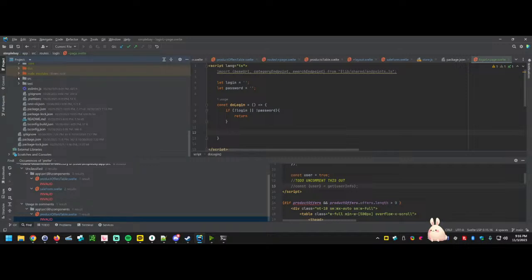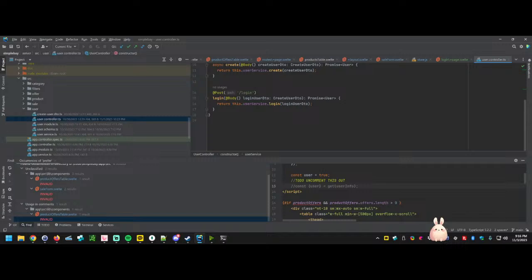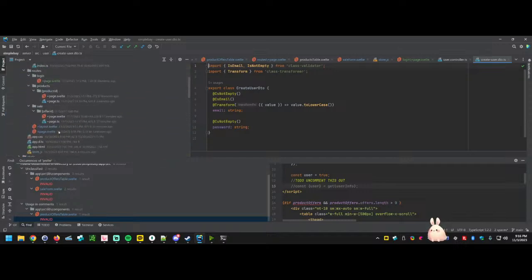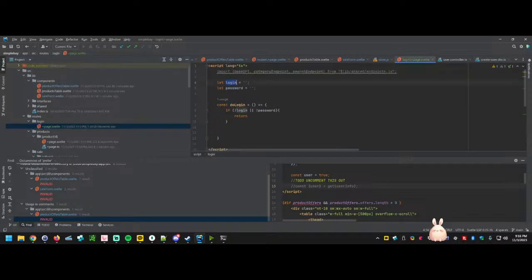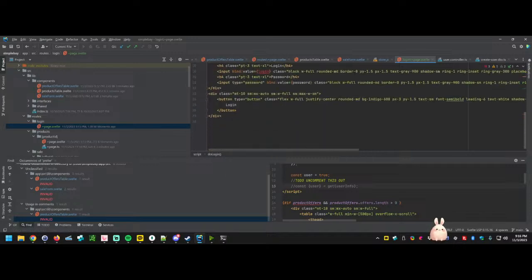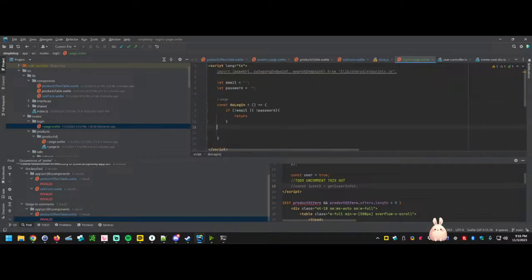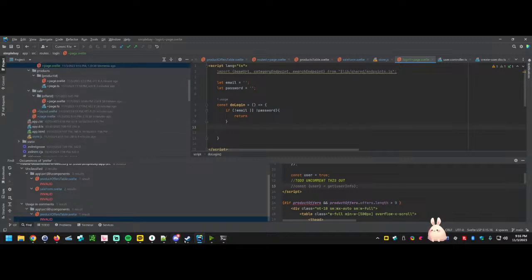expand server, source, user, controller, login, takes a create user DTO, email and password. It's not called login, so it should be email and password. Come back up. Page. Email. Email. And otherwise, it should be user slash